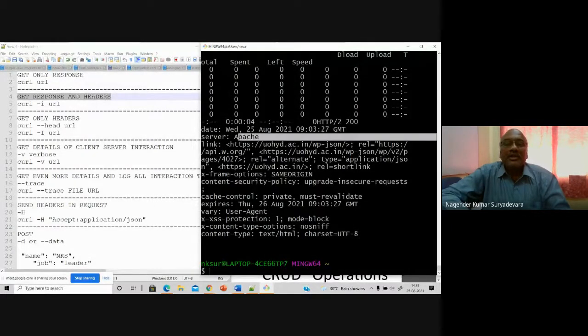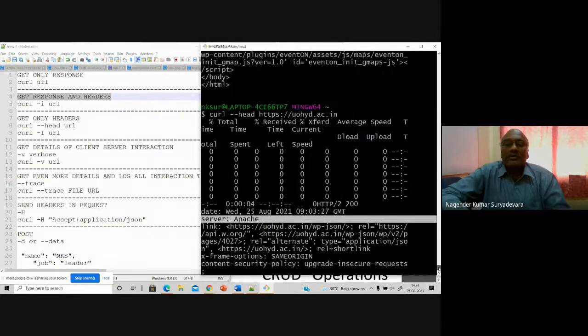The web server is basically the Apache web server. This is the web server which has been used, and of course the other information is there: the content types of this front page and the character sets, and of course a little bit of different security policy information. These are the headers information that you get as a response from our university website.